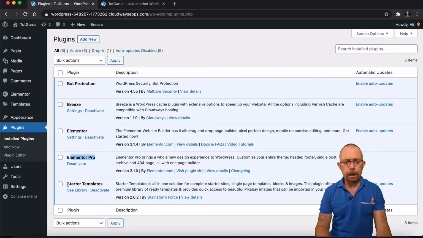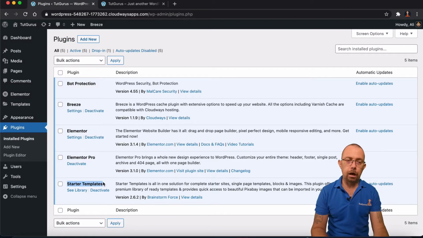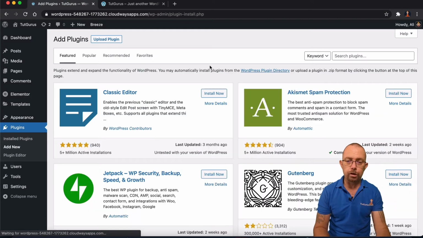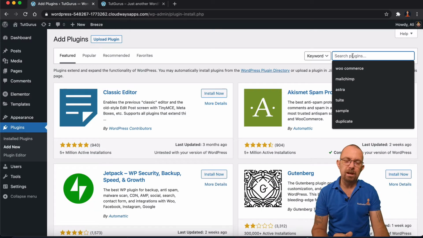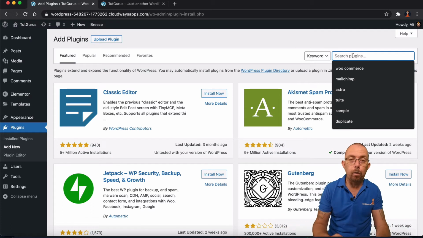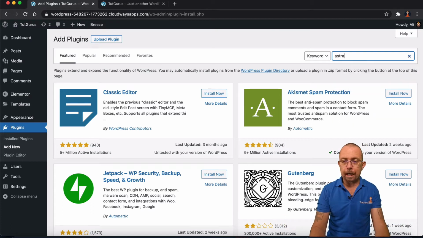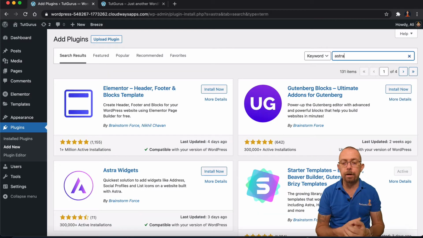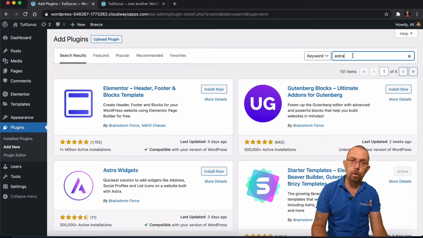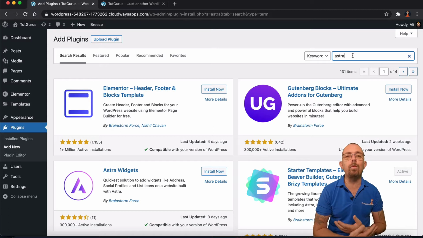I also put in here, this is Astra Starter theme, so you can actually come up to add new if you wanted to. Astra is great. Astra is actually themes where you can install the themes really simply and pretty much build websites in a matter of minutes, really. But what I like to use Astra for is just a way that I can show you, because it comes with pre-built themes that I can just use here. So if you want to install Astra as well, it doesn't need to be, because we're going to show you how to create one from scratch.